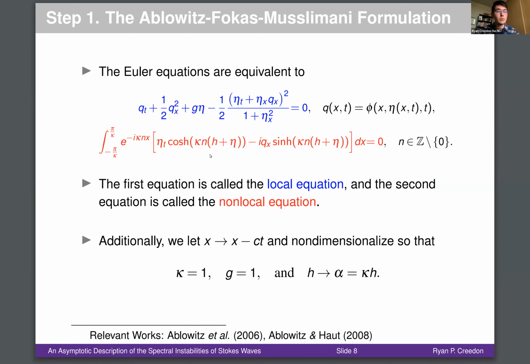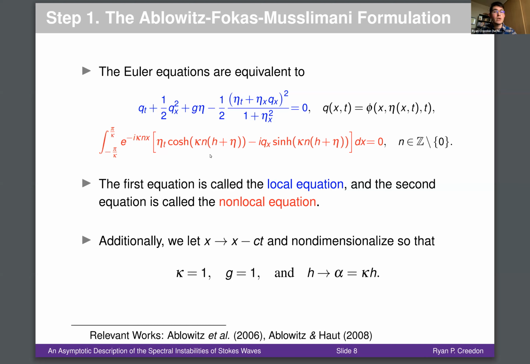Now, traditionally as written, the Euler equations are a free boundary value problem. There's a Laplace equation in the interior of your fluid, and then there's a bunch of boundary conditions that tell you how the top interface evolves. And in this case, we're enforcing periodic lateral boundary conditions, no flux conditions at the base of your fluid, all that jazz. Those equations are wonderful as a starting point, but it turns out that for asymptotic analysis, there's an